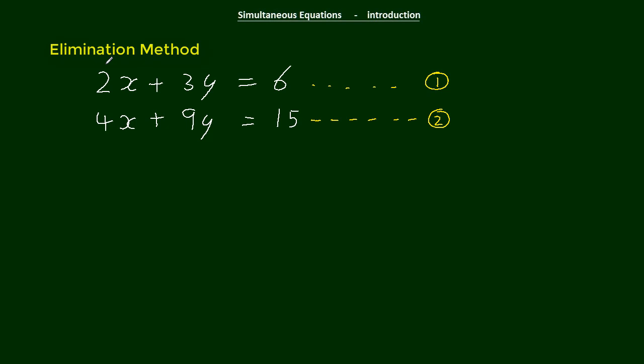Now this one. 2x plus 3y equals 6. That's equation 1. 4x plus 9y equals 15. That's equation 2. I think we just try it and see. So if you can follow my reasoning on this,